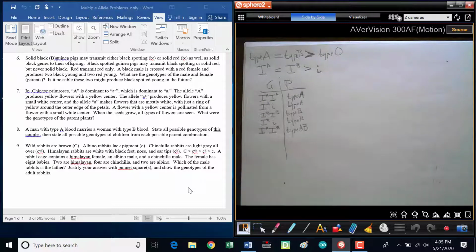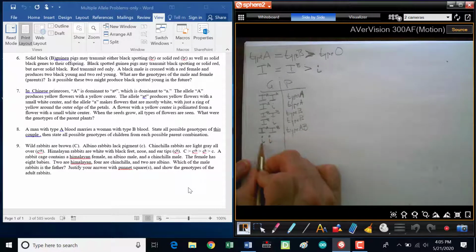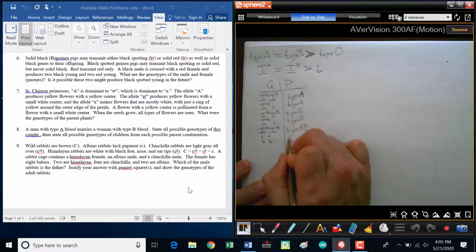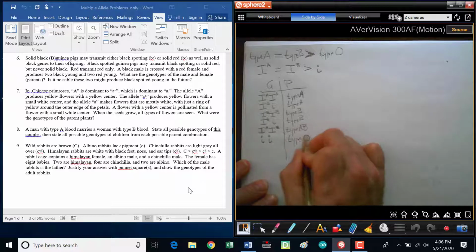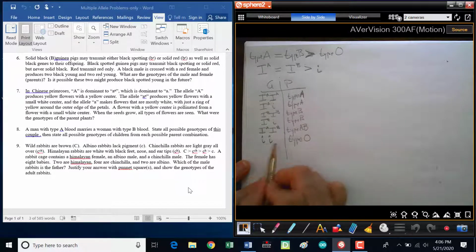You might realize there is one other blood type we haven't discussed. We haven't discussed type O blood. And the reason is because that is the most recessive of all blood types. Ironically, the most common blood type is the most recessive. Type O blood, because it is recessive to both of these, can only be produced if you're purebred for type